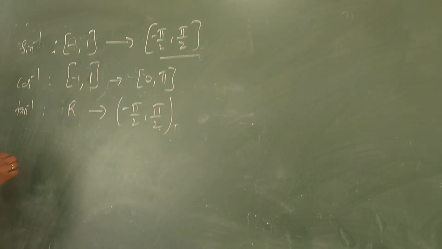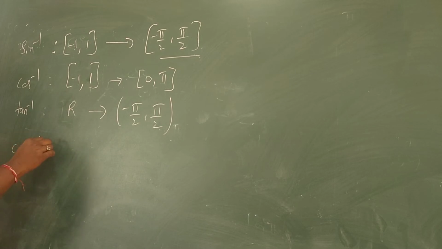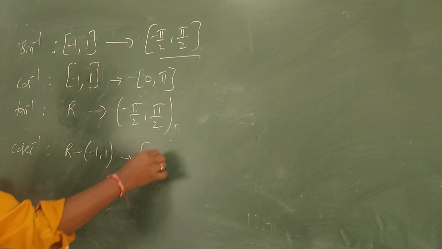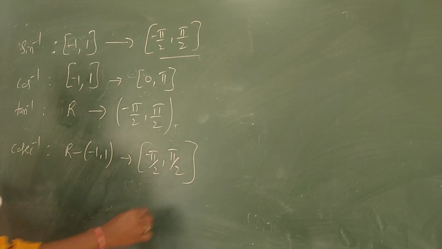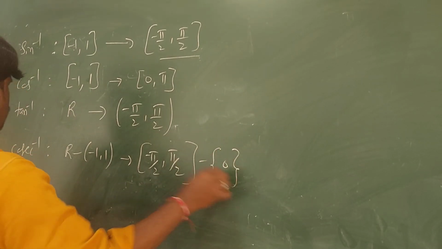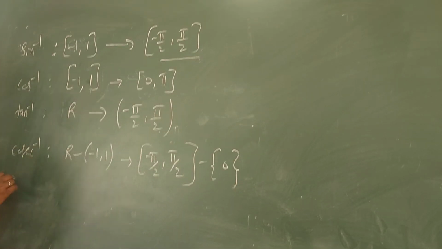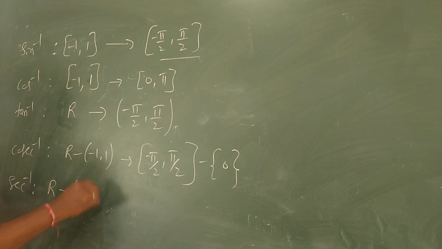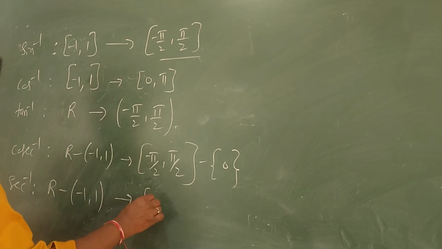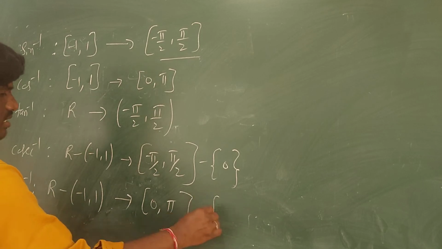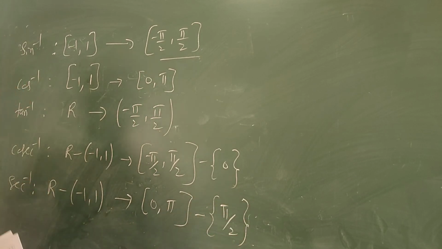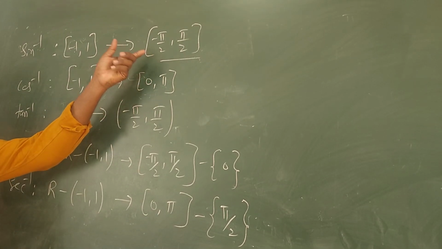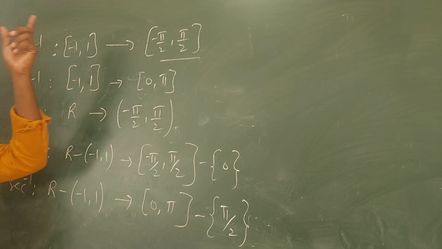Okay, the tan inverse graph. And cosec inverse: the domain is R minus (minus 1 comma 1), which implies minus pi by 2 comma plus pi by 2, and 0 excluded, because cosec at 0 is undefined. Sec inverse x: the domain and range of this function is R minus (minus 1 comma 1), and this implies 0 to pi, excluding pi by 2, because at pi by 2 sec inverse is not defined. So you need to remember only this box. And here this is the principal branch.